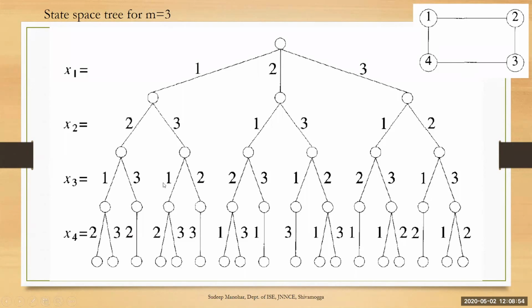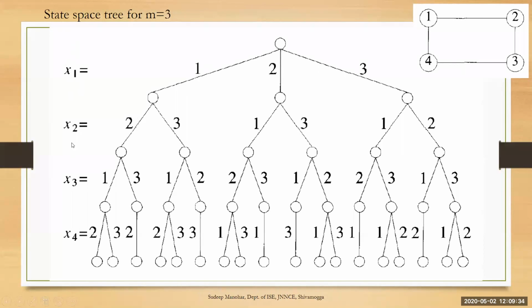You can trace. So this entire tree we are supposed to plot based on the adjacency matrix or by looking at the graph. Look at the graph for the adjacent vertices, and look at the previous levels, which tell what color is given for that particular vertex. By looking at both of these, you can decide which color can be given to the vertex. So this is how the graph coloring problem can be solved. Finally, you are supposed to write the solutions. For example, for this first one, the solution is 1, 2, 1, and 2.